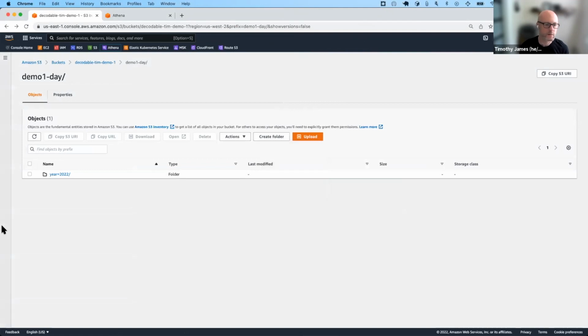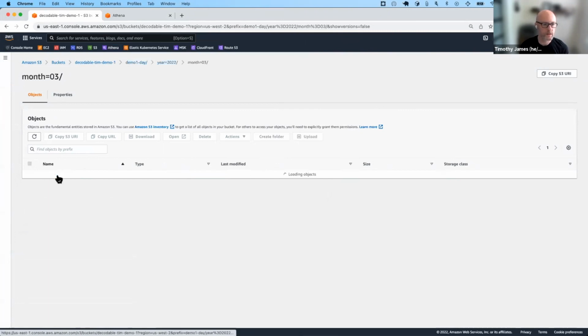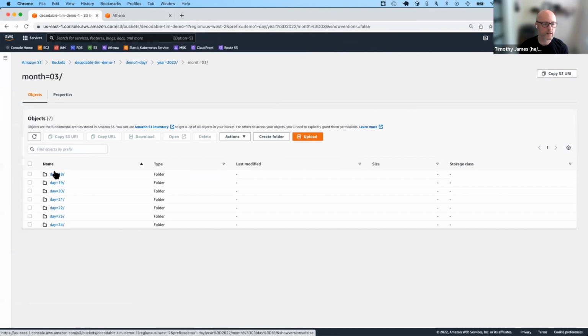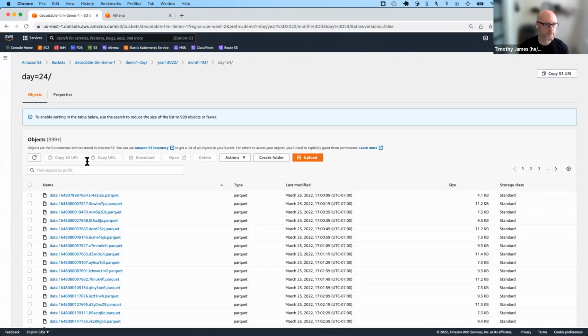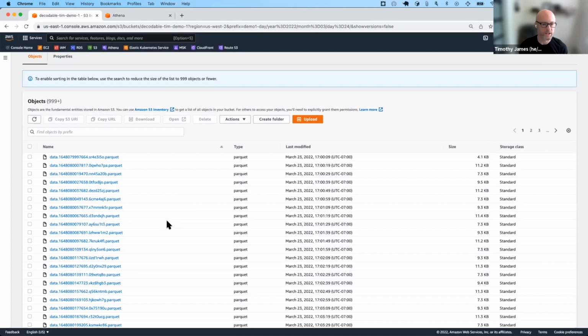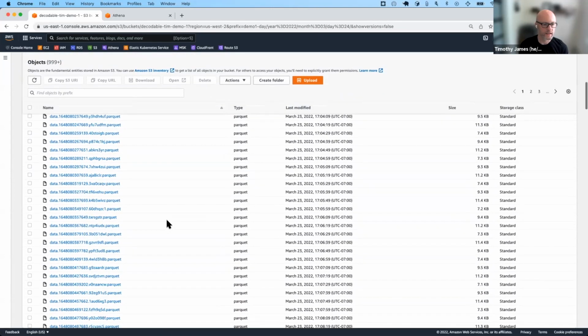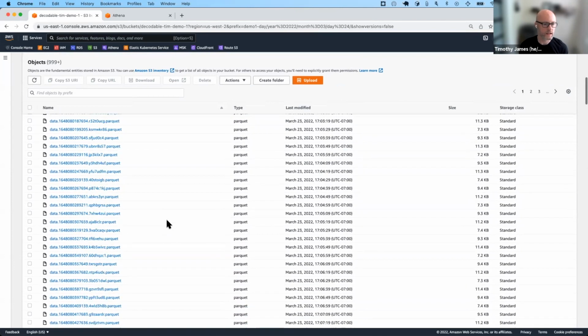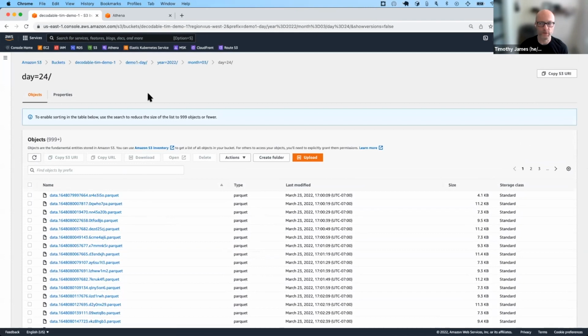So here we are in this bucket. As I said, we're in the Decodable Tim Demo 1 bucket, Demo 1 day directory. We're in year 2022, month 3, and then here's all of our day partitions. Right, so here's today, and as we see, this already has more than 1,000 objects. Now, this is a great partitioning for use by Athena, because it likes to have more objects and fewer partitions,